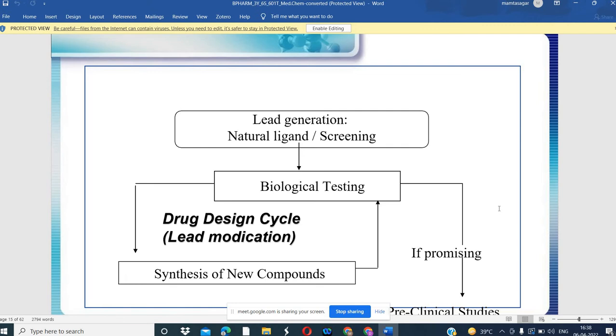So what is the lead generation process? We have to identify the active molecule of the drug that can work against the pathogenic bacteria, pathogenic agent. What is lead molecule? Lead molecule is the active molecule. Active molecule means if we are taking a drug, it will stay in our body for the required time and will work against the pathogenic bacteria or on the target. So target is what? It is from the pathogenic source. So lead molecule actually works against the target.